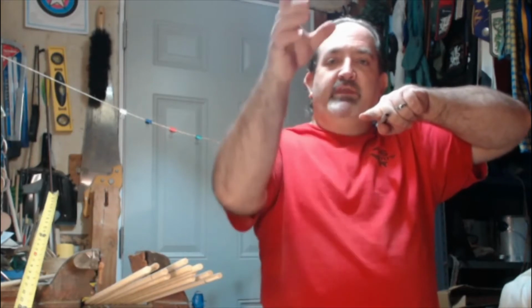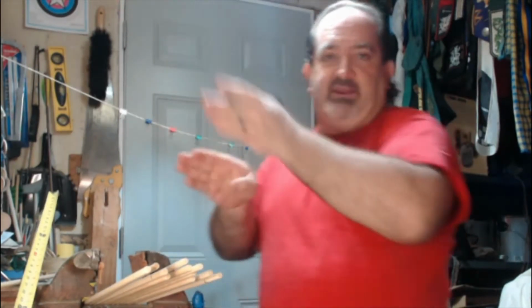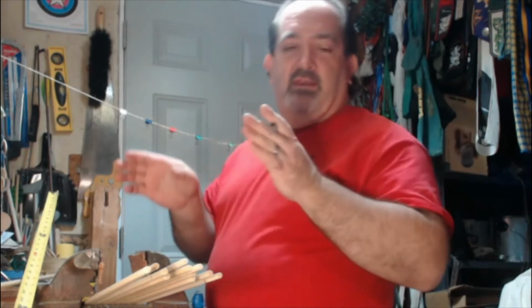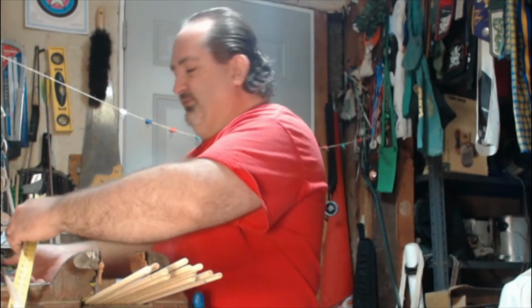Usually when you measure, you want to measure the length of your draw plus about maybe 2 inches or so, so that when you pull it back all the way, the tip of the arrow does not go past your bow, meaning closer to your body. You want it sticking out just a little bit so that it has a nice straight path to go through, and you don't want any accidents with the tip of the arrow hitting the back of the bow and breaking and stuff like that. Although I've never seen, well, I have actually seen that, but wasn't